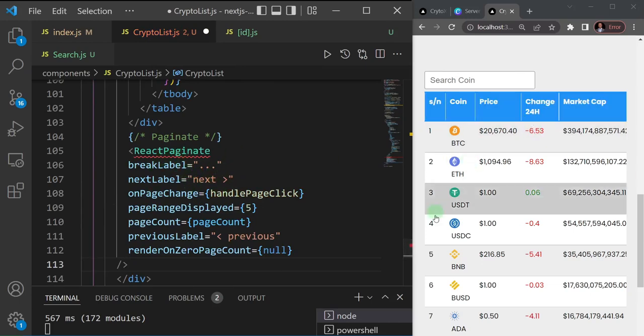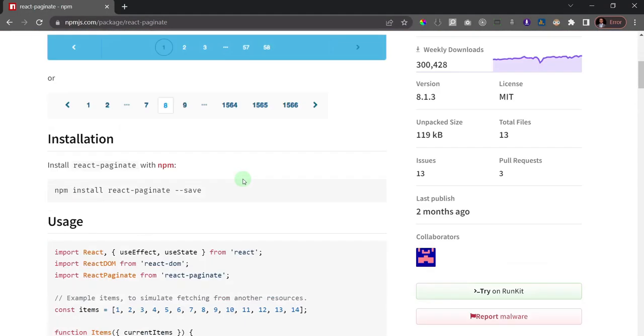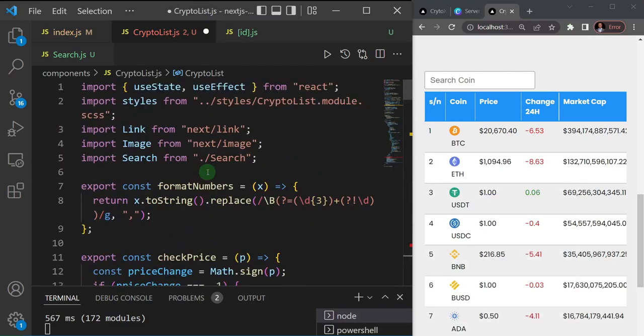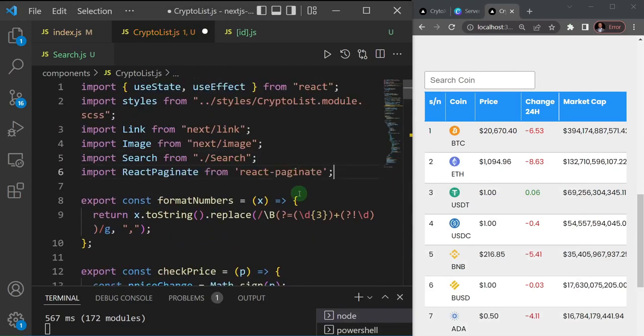It's throwing an error because we've not imported the React paginate from where it's located in our node modules. So if you come back to the documentation, you see that you need to import React paginate from React paginate. Yeah, so I'll just copy this guy, and that should have been the first thing I did, but anyway, I'm doing it now. So I'll go up and where's my import statement? I would import React paginate. Great. So now let's do a little bit of cleanup,